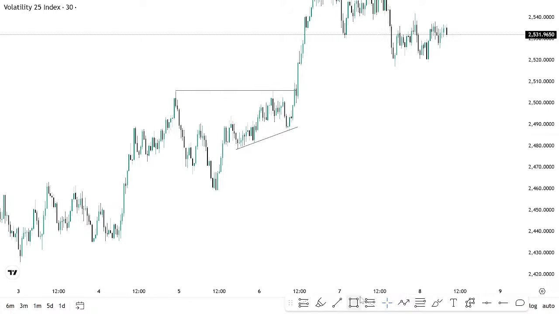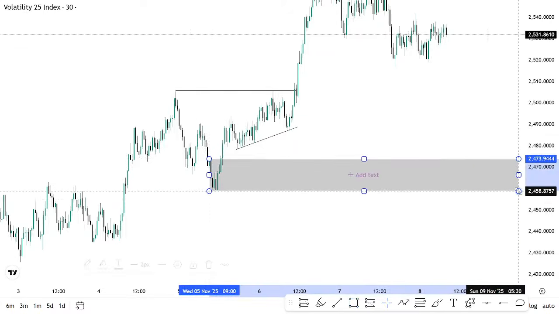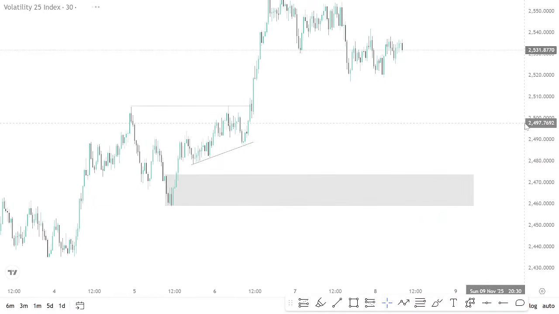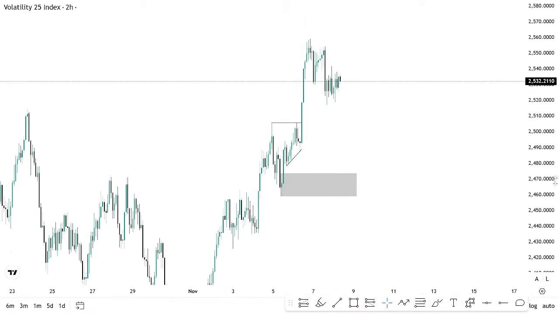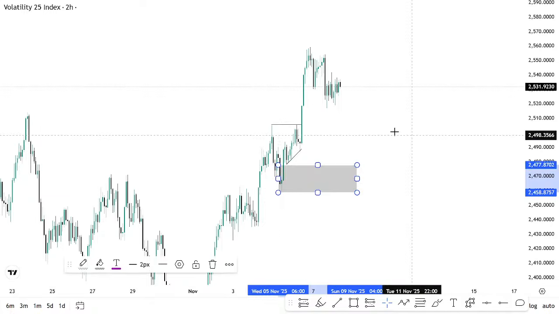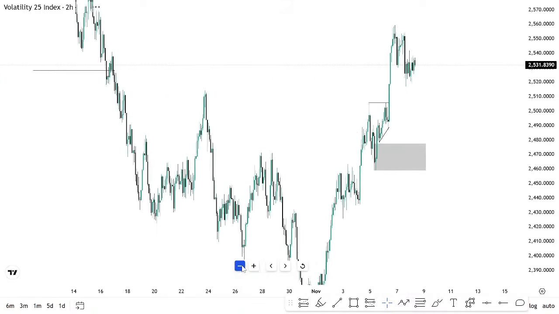So I'm expecting a comeback here. I'm expecting a comeback here. So let's see what that looks like on 2 hours. Yeah, it looks good. So I'm expecting market to come back here and then give us a continuation to the upside